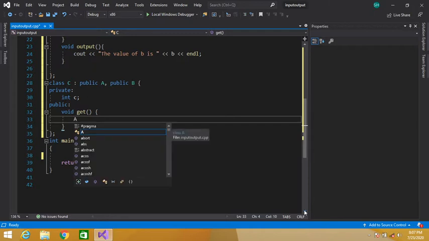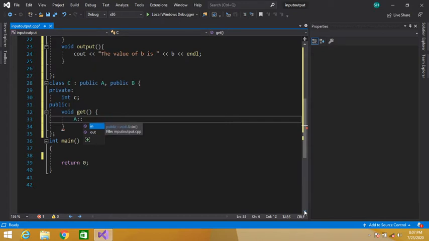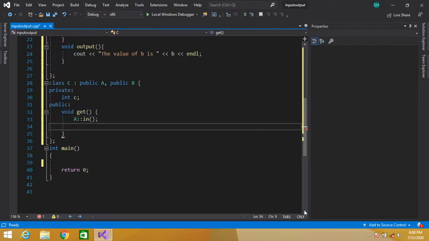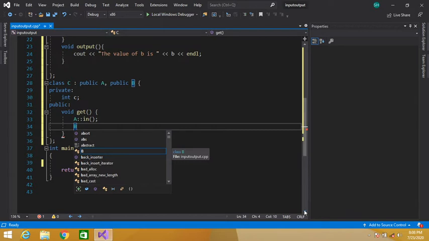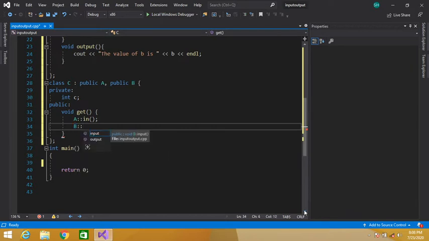Write the name of our class, A, then the scope resolution operator, then our input function. Then the name of our second parent class, B, and then our input function.